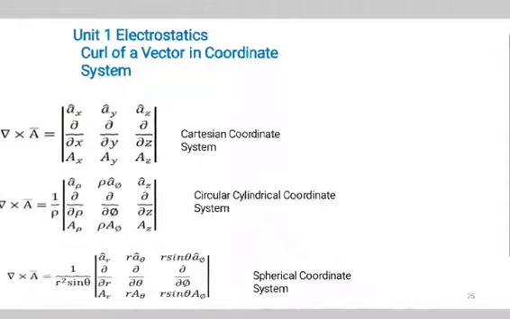Next is curl of a vector in coordinate systems. So del cross A bar in the Cartesian coordinate system is given by the determinant with rows ax, ay, az, then d/dx, d/dy, d/dz, and then the components. And in the circular cylindrical coordinate system,